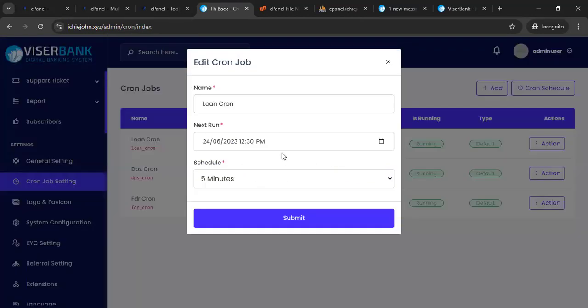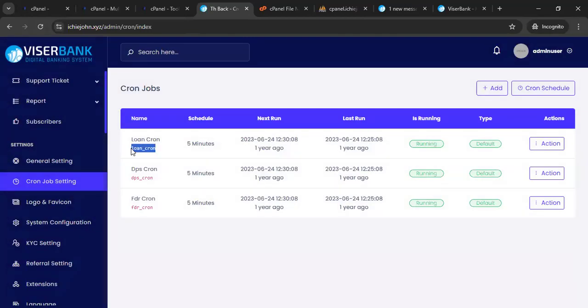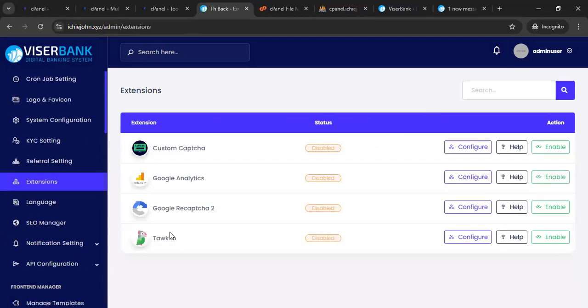So just copy the current job and set it up. Then we have extensions, live chat, security. This is the stuff that says, I'm not a robot, then custom analytics. So the next thing you're going to do is